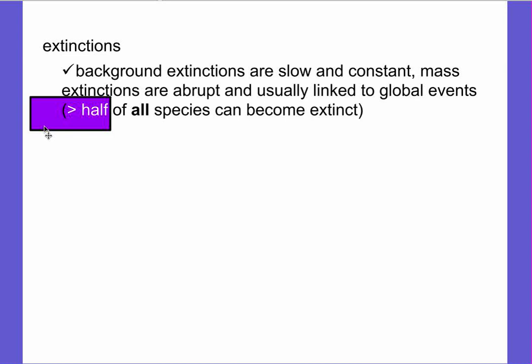It did probably get colder, and because there's no sunlight, there are not very many plants that are doing too hot. And since most dinosaurs eat plants, that's really ultimately what killed the dinosaurs. It's not the impact of the asteroid itself. It's the loss of food and the change in climate and everything else. But anyway,